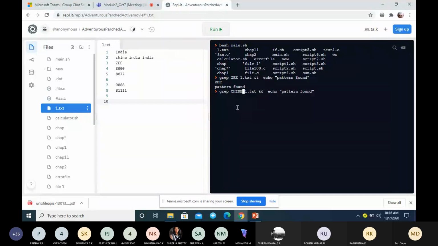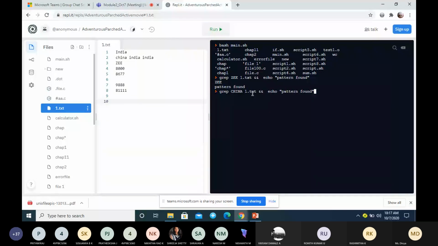What will be the output of this? Whether I'll get any output. grep capital letter China in 1.txt.